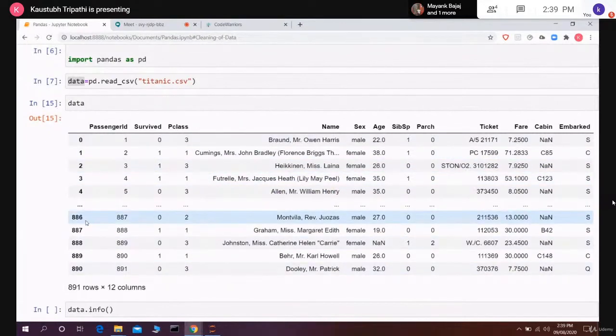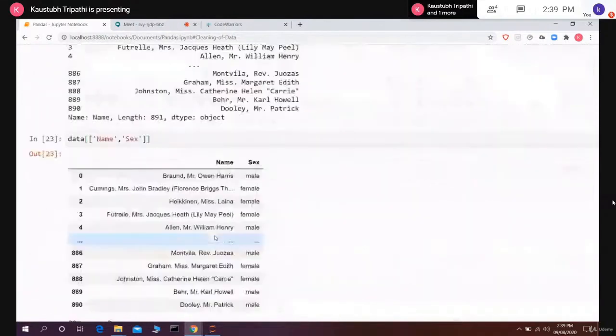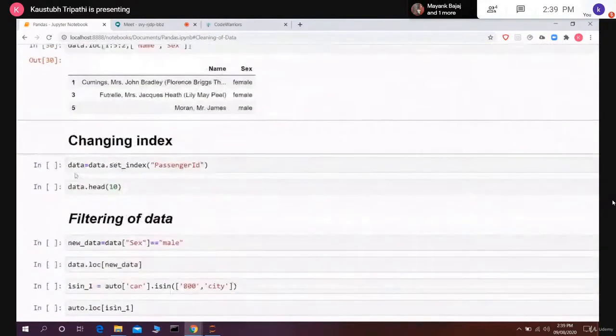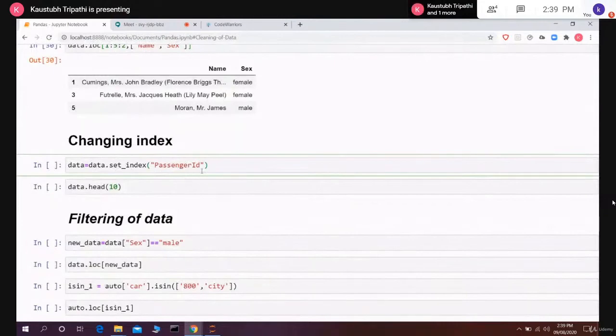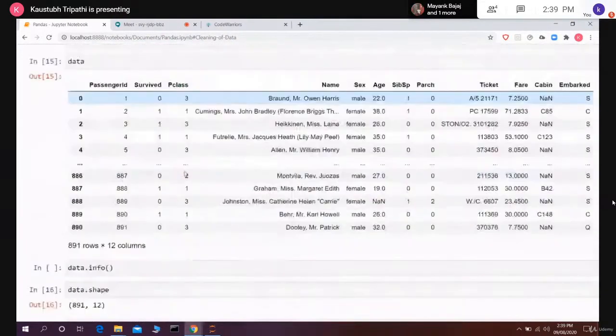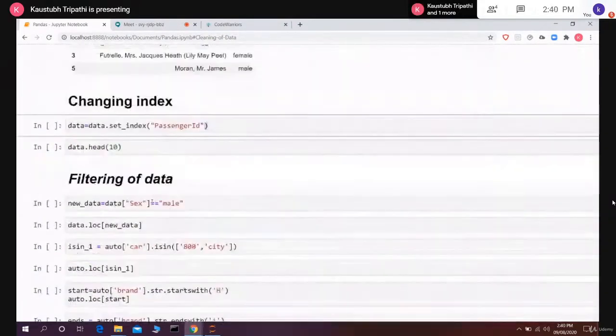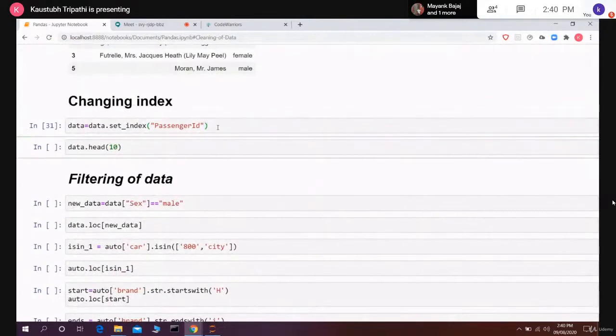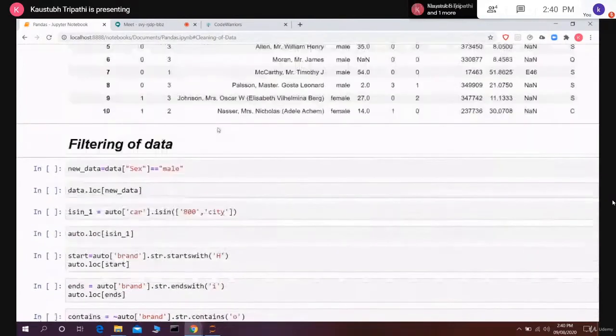So sometimes to clean our data, we change the index, and that's how we do it. We take our data and we use the set_index method, and we provide in the argument section the column name which we want to keep as an index over here. Right now we are creating passenger ID as our index. So I will use data is equal to data.set_index, and I pass the passenger ID and it runs perfectly fine. Now if I see my data, you see passenger ID becomes the index.